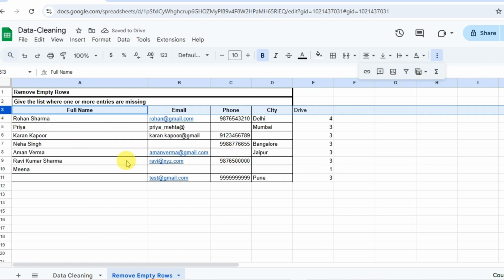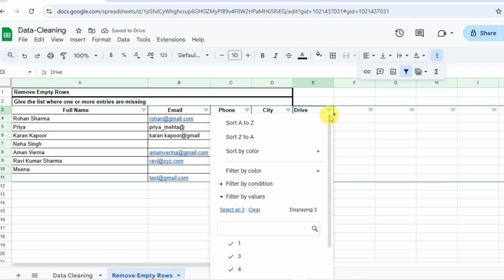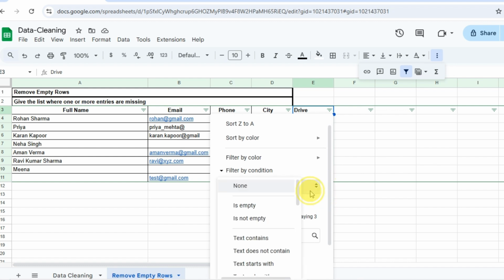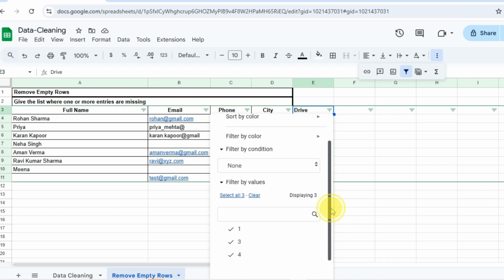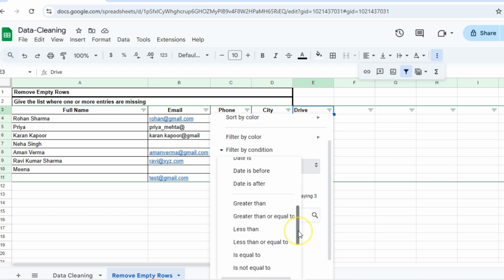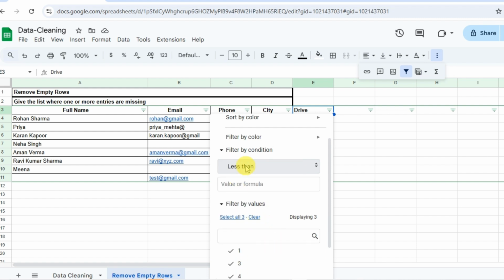Now the second problem statement is you have to give the list where one or more entries are missing. So how can you do that? We have to choose all the rows wherever this COUNTA is less than 4. So I am again applying the filter. Now I am choosing all the entries wherever the count is less than 4. So I can use filter by condition, and in filter by condition there is an option of less than, and here less than 4.